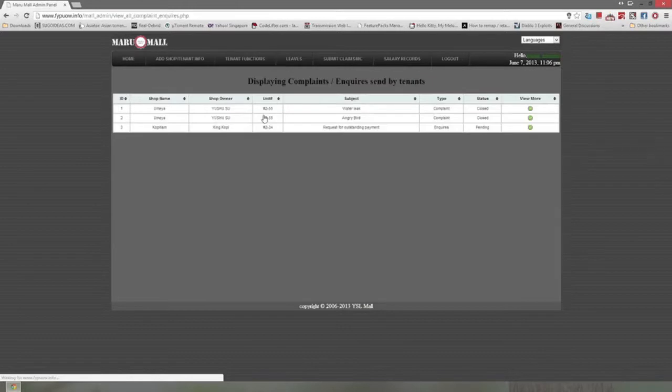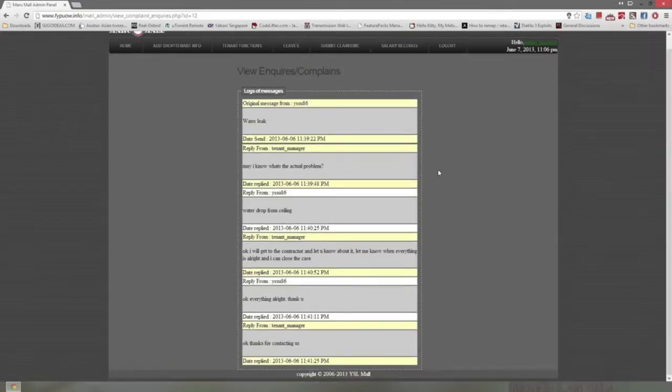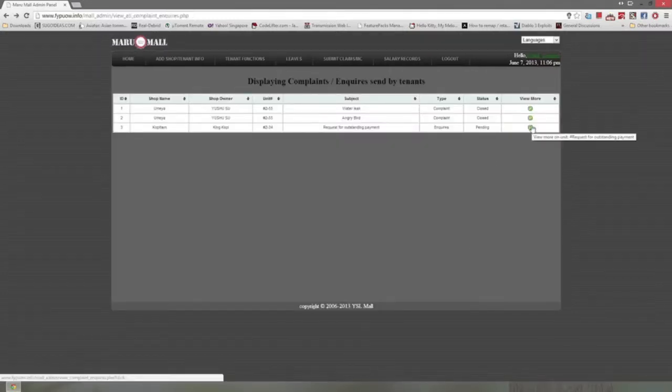So complaints and inquiries can be sent by tenants. To view more, you can actually click on it and view the messages. If it's closed, there's no way that you can reply to the messages. So for pending means that